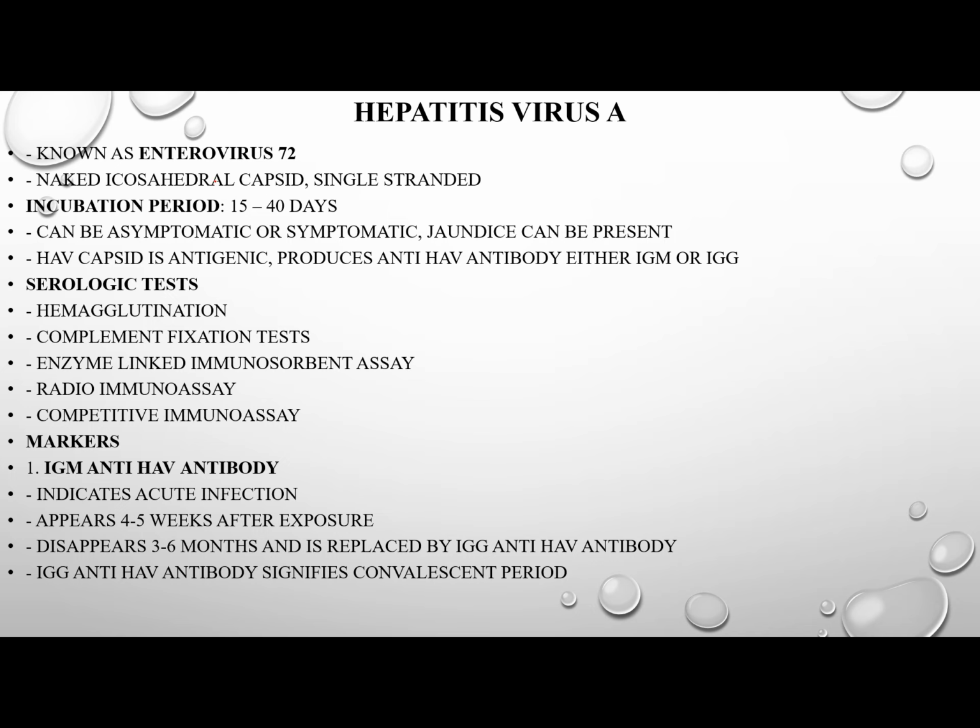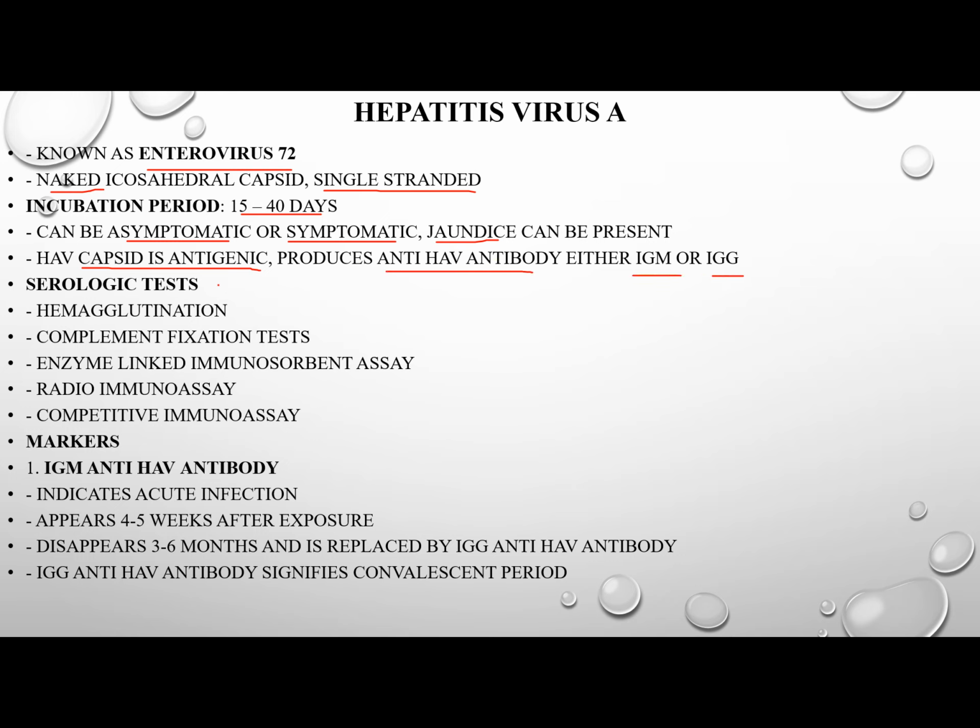So hepatitis A virus, class, is also known as enterovirus 72. This is a naked virus. So when you say naked, wala siyang envelope, icosahedral capsid that is single-stranded. Has an incubation period of 15 to 40 days. Can be asymptomatic or symptomatic. Jaundice could be present. Hepatitis A virus capsid, class, is antigenic, meaning it would produce anti-HAV antibody that is either